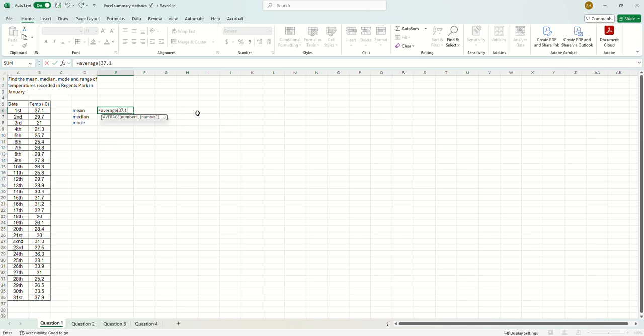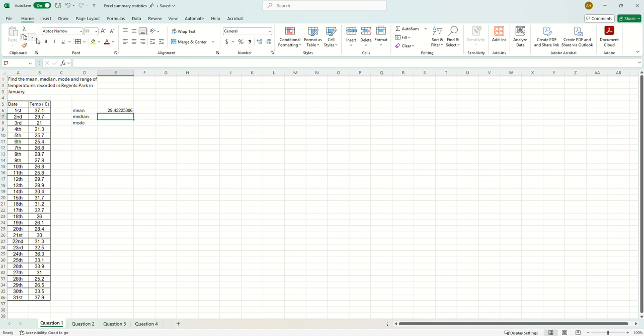And I could start typing in all my scores one at a time, but what would I do if I had thousands? I'd be here a long time. I may as well use a calculator. We want to use Excel more powerfully by referencing the cells that our data is in. In this case, cell B6, and I can drag my mouse all the way down to cell B36, and I can do that much more quickly and with no errors. Excel looks up what's in those cells, and when I press enter, it returns the result of